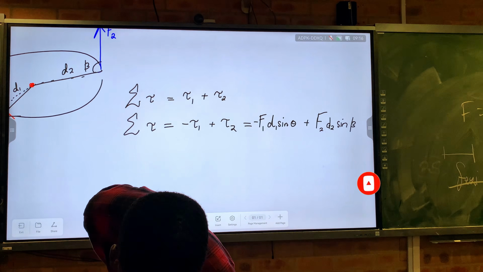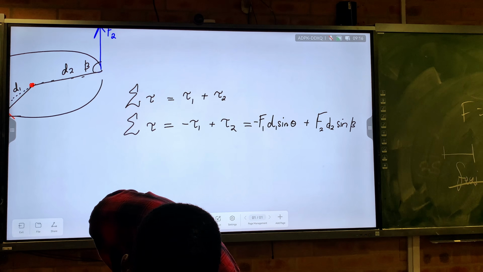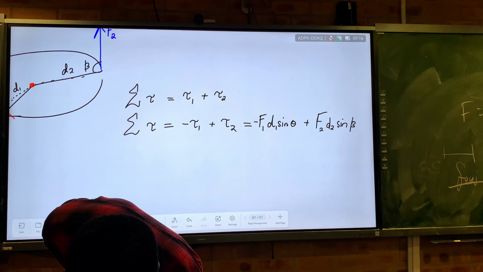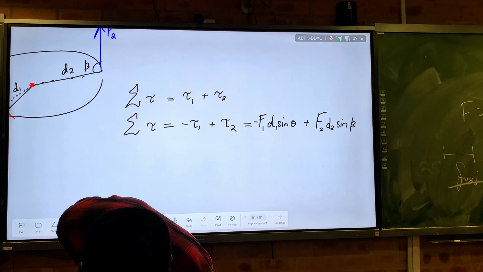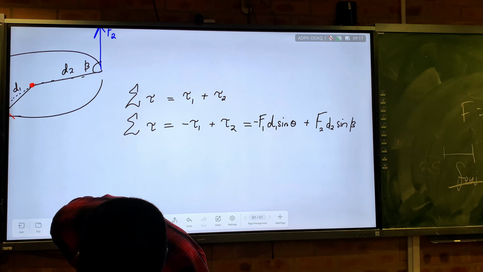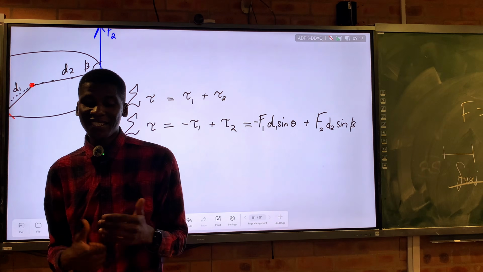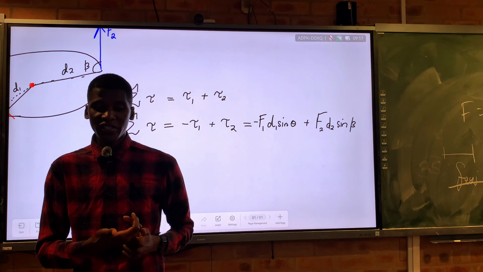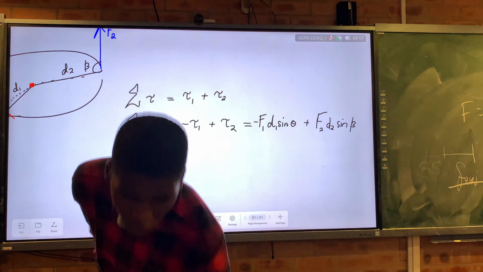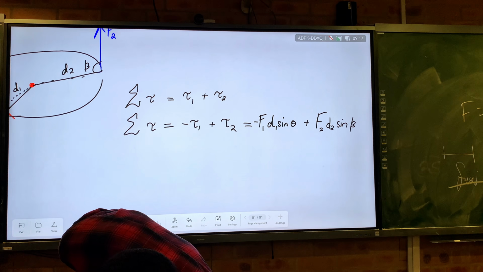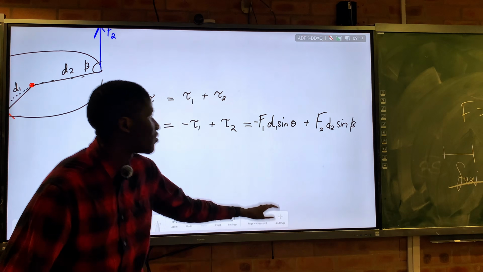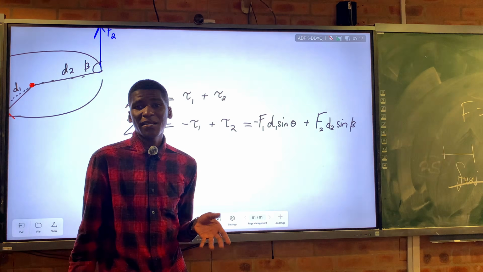So the torques, you are able to add them together. And when you add them together, you get a certain total torque, the net torque. So basically, that's how it works. With anti-clockwise rotation, we're going to get a positive torque. But with clockwise rotation, we're going to get a negative torque. So there's no need for us to do this example because it is exactly what you did. You just substitute the values. If you know the force and the distance, you just substitute them.